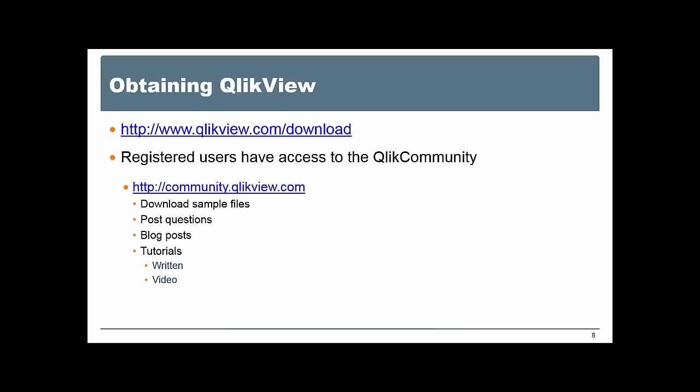Now, to obtain this software, if you go to www.QlikView.com/download, this will give you access to the download library. And there are other programs that QlikTech, which is the company that develops QlikView, have. Almost all of them have sort of a trial version that you can download. But here we would download QlikView. If you register this download, you will also get access to what's called the Qlik community. And this is another one of the big selling points with QlikView, is that we have this community support for people. And that's accessible by going to